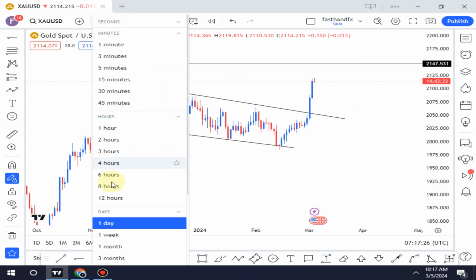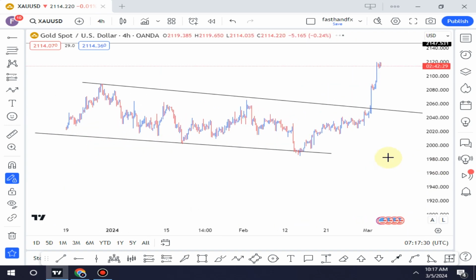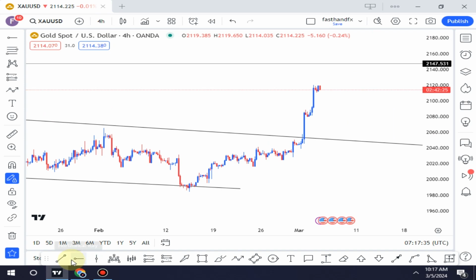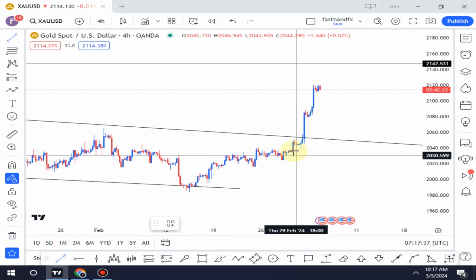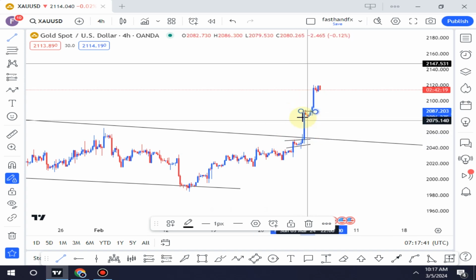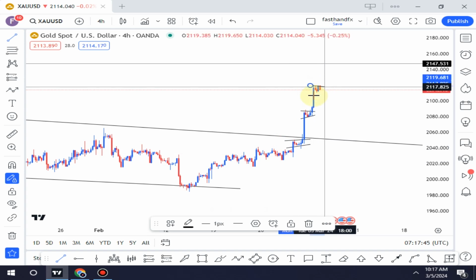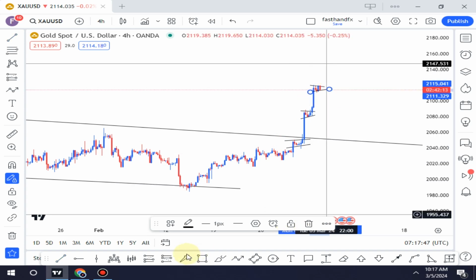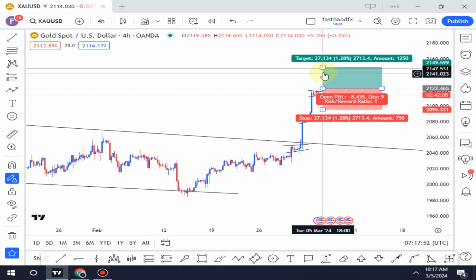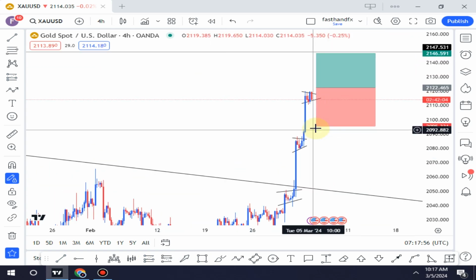So let's hit the H4. Okay, now from the H4 we see that gold has been giving us more opportunities to take our buy position. Of course, this is a continuation pattern right here, another continuation pattern right here. Those are just places to scale in. So I'm seeing gold doing the same thing right here. Okay, so if gold decides to take out this level, then we will have to take our buy position, something like this,